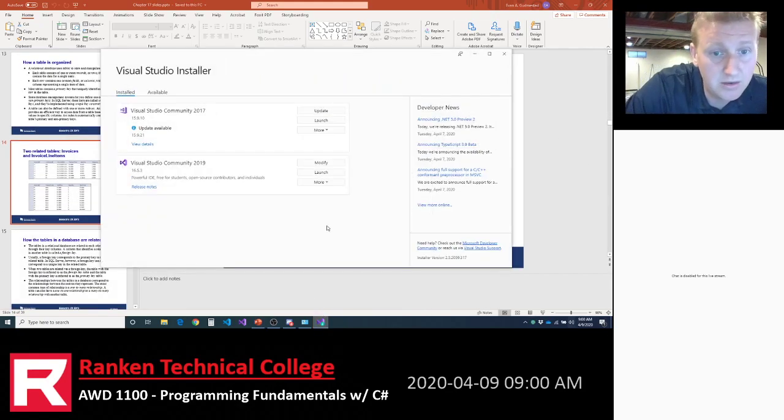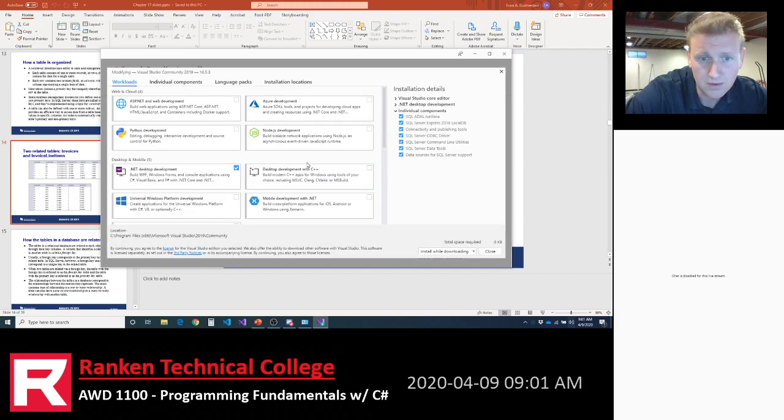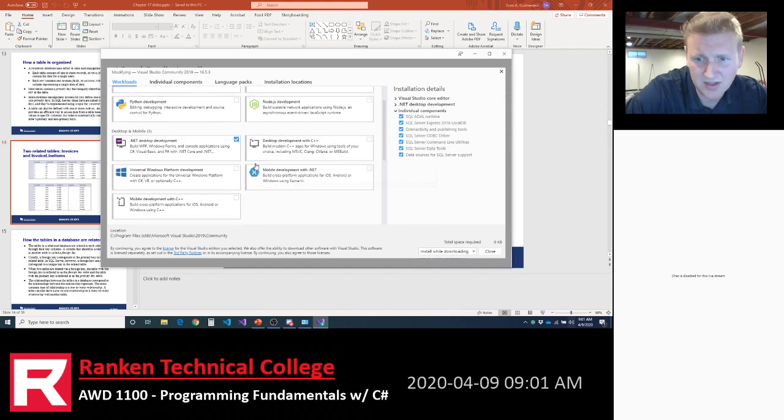Let's look at this. Okay. So I've got an old Visual Studio 2017 that I'm not working with. Let me modify my 2019. Here's my SQL Server, and I don't even know what I checked that wasn't checked before.